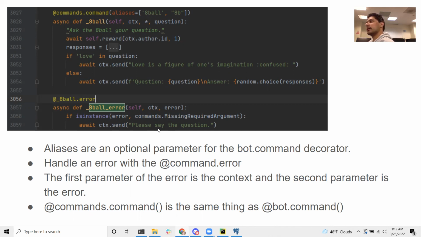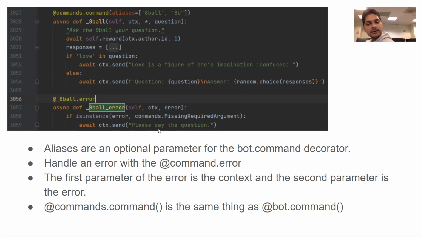I thought this bot was psychic, but when you start actually making these things, you realize everything you knew was kind of a lie. There wasn't that much magic behind it after all. But let's see, command.error. Yeah, I think I went over this.